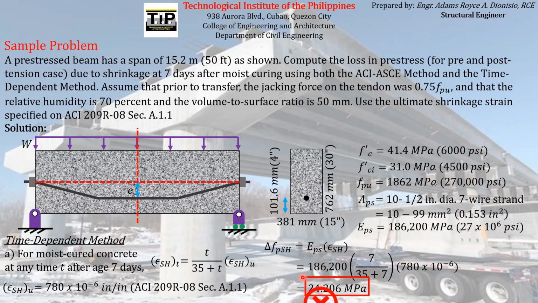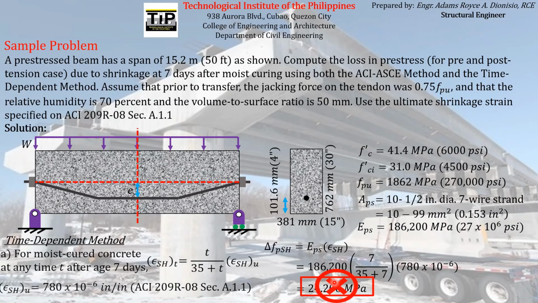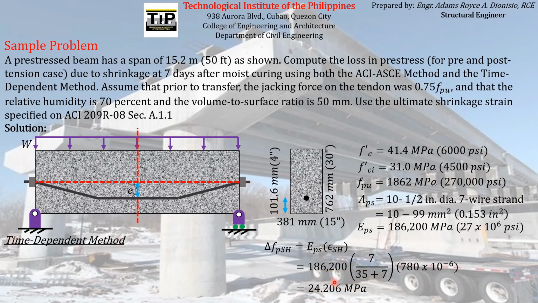Actually, that is not the final answer. So you have to be cautious with that. Why is this not the final answer here? You have to take note that the formulas we specified a while ago are just for standard conditions of relative humidity, which is approximately equal to 40%. But in this particular problem, it was specified that the relative humidity is 70%. So we have to adjust this value that we have computed here. We must multiply it by the correction factor specified a while ago. And the correction factor that will be applied for this case,